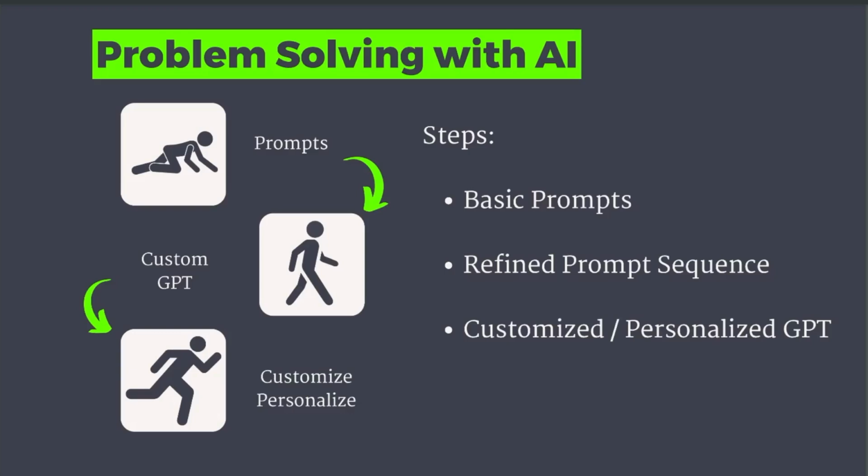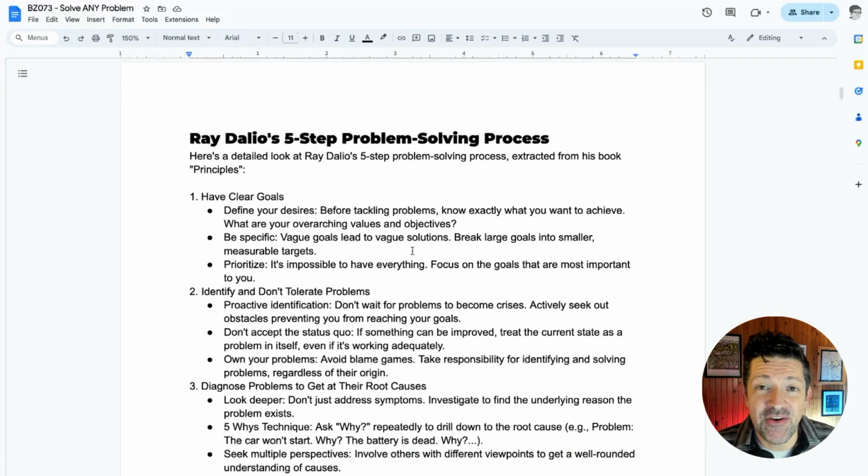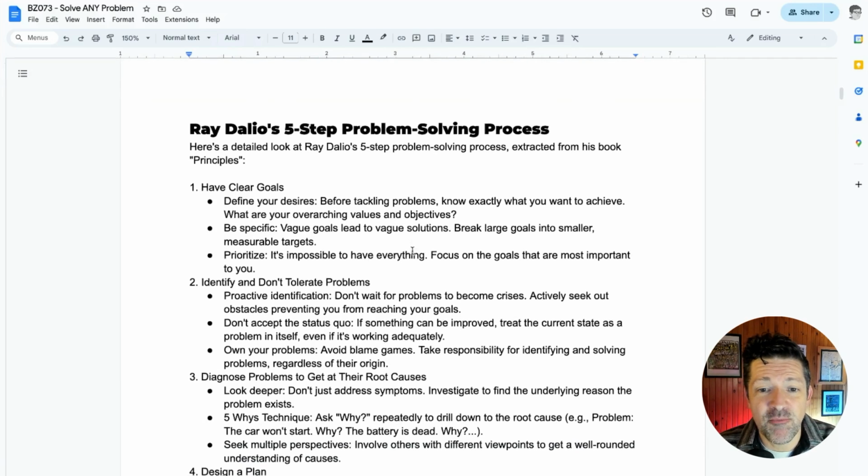and then dig a little deeper into how we can create custom GPTs for each one of these steps, because some of them, especially the root cause analysis and designing the plan, require more than just one or two prompts to be effective. I believe strongly that building this skill of learning how to build these custom GPTs is one of the most important skills you can be developing right now, and I want to share with you my process for doing that. But first, let's jump here into the cheat sheet and grab some of the prompts that I've